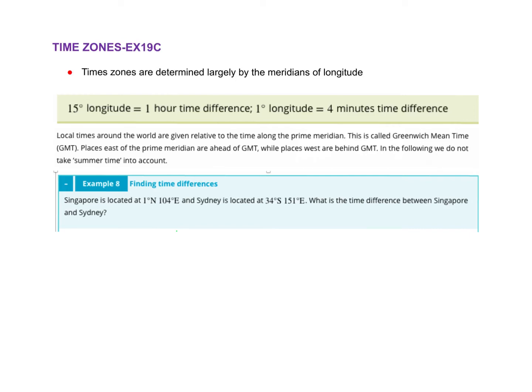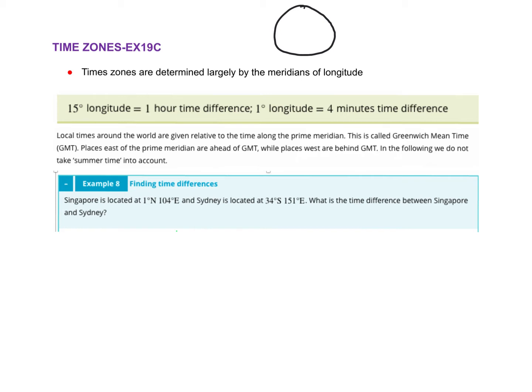Okay, so today we're going to look at time zones. So we know in the world, say for us here in Australia, it might be 1 o'clock at lunchtime, in the afternoon. If you're over in Africa, it'd be in the morning of the day, okay? So we know that there are time differences, and the time differences are calculated using the longitude